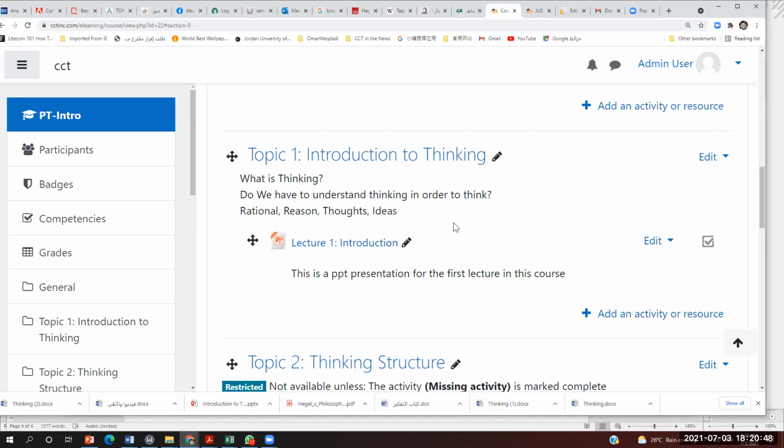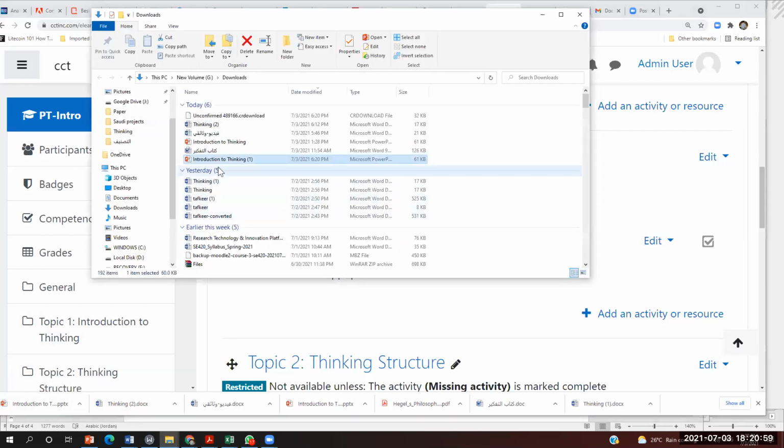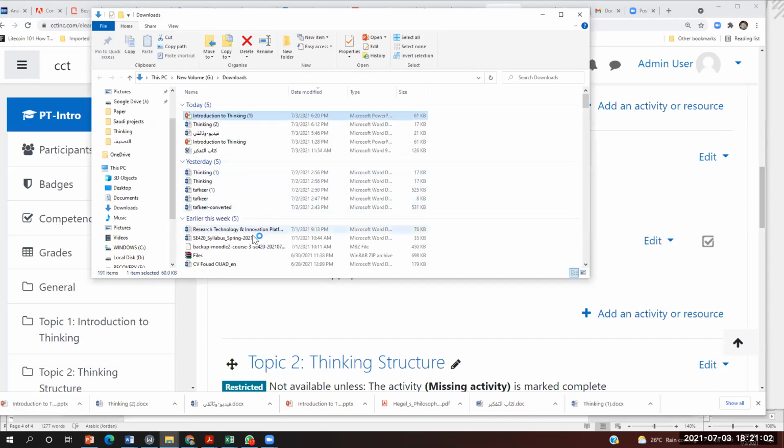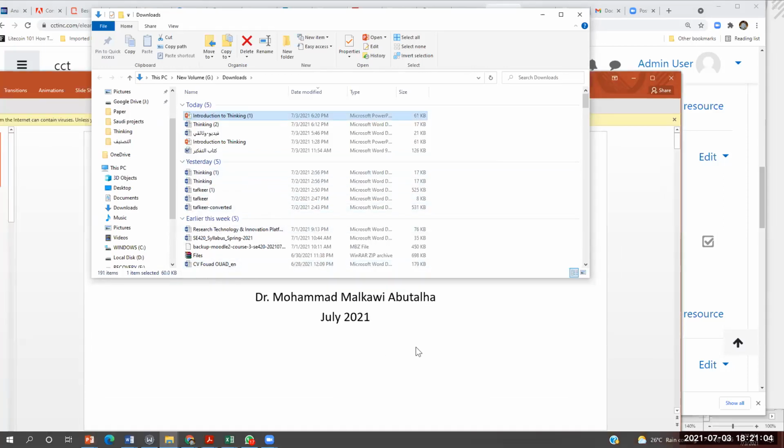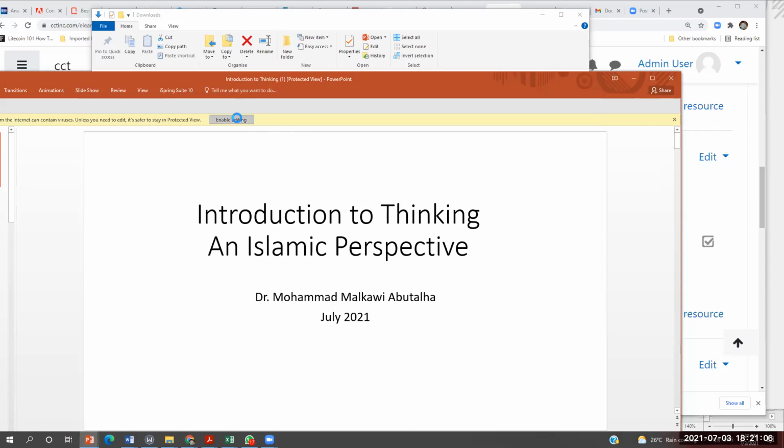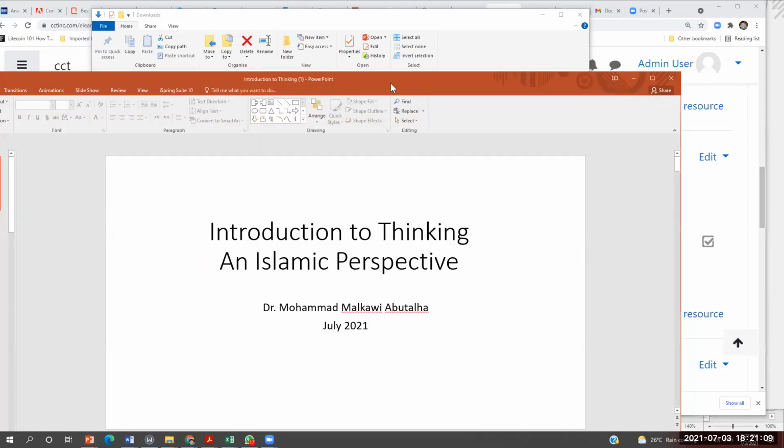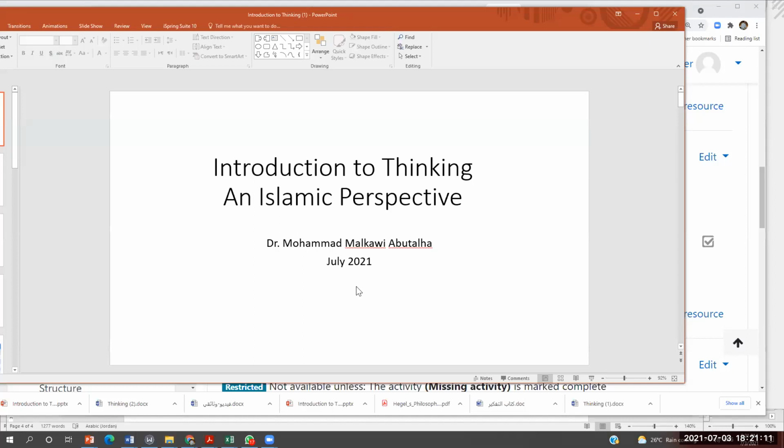So I can open it up here, from here, and I go here, and open it up so we can go through the material together. So this is my style. I will not be